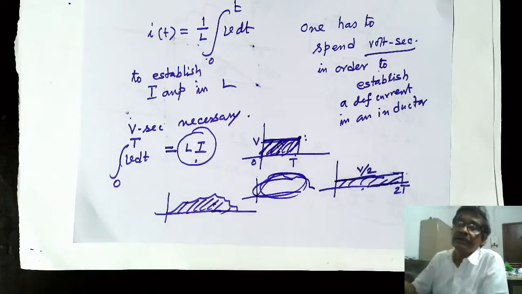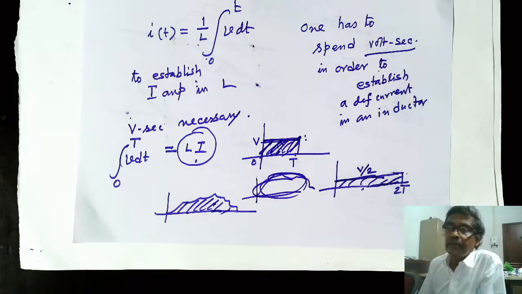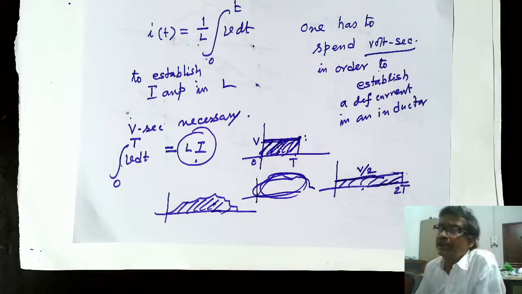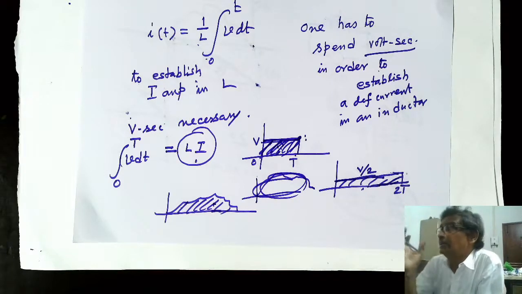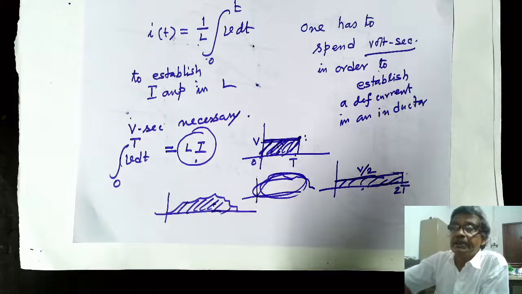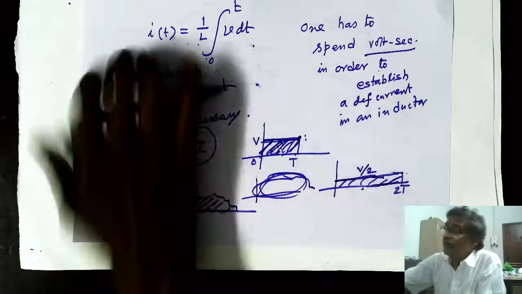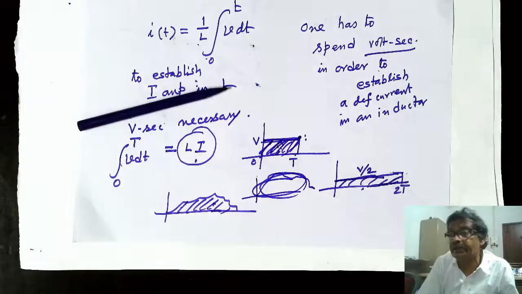That is what I am trying to tell you. Therefore, a definite amount of volt second, the area under the volt second curve, determines to which current the inductor will finally reach. Okay, I stop here because I will not make it very